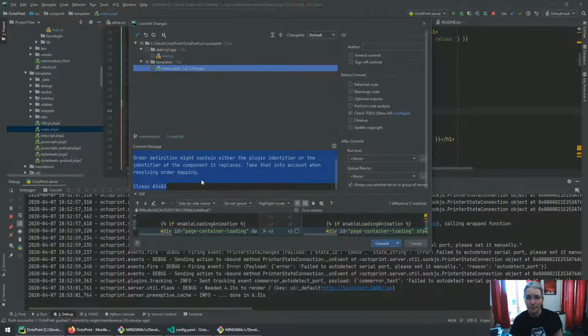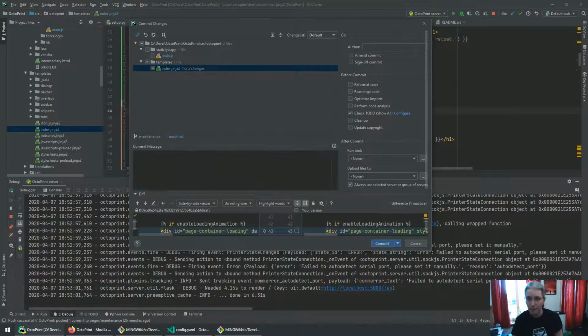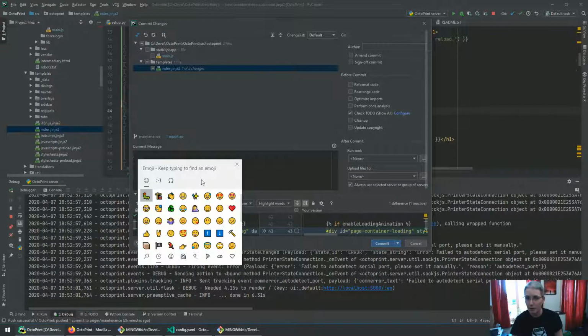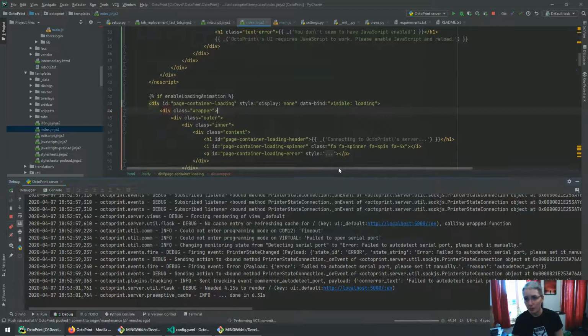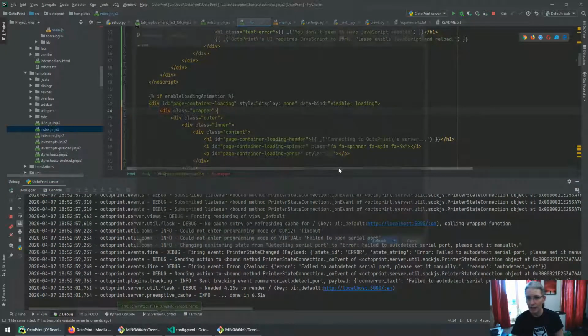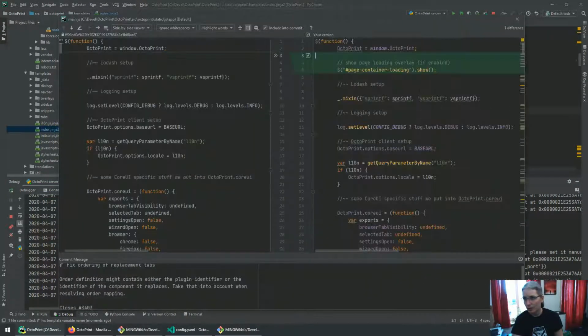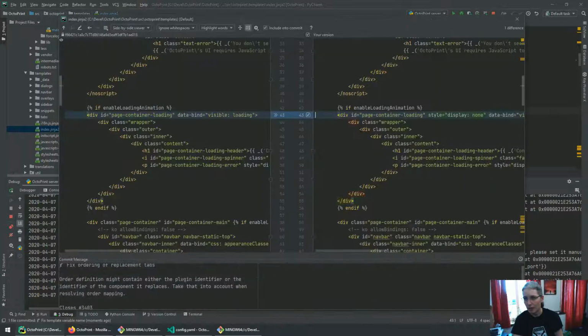So we first are going to add that, fix wrong template variable name. So this is one commit, and then this and this here